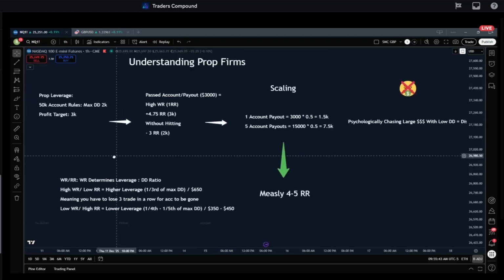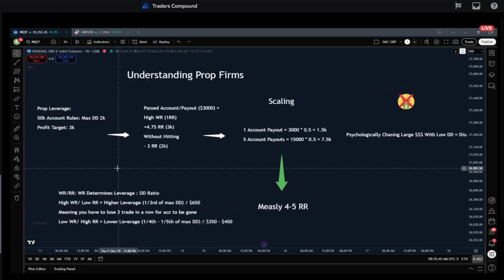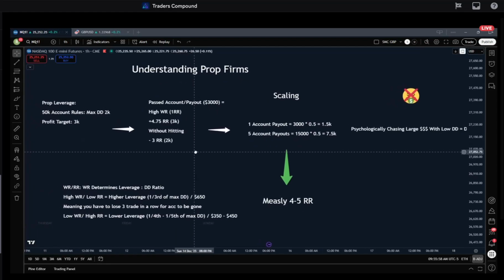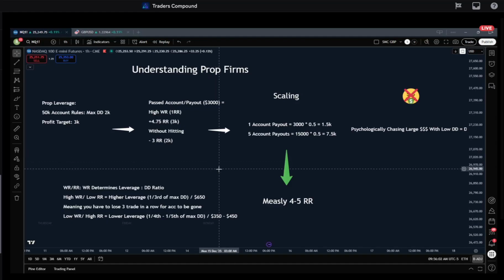I want the results to be impactful for those of you taking the trades, right? I don't want it to just be a win or a loss. I want it to be something that actually matters towards an account. And in order to have that happen, you have to understand position sizing. Okay.